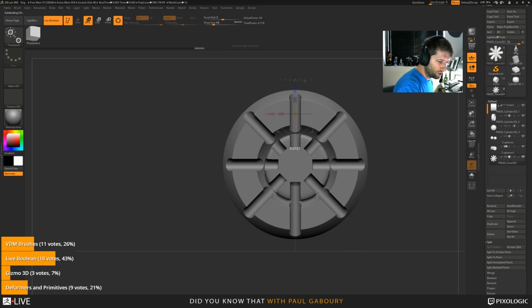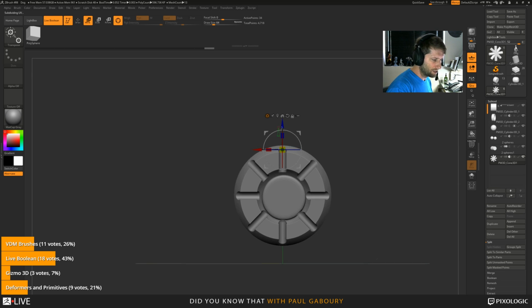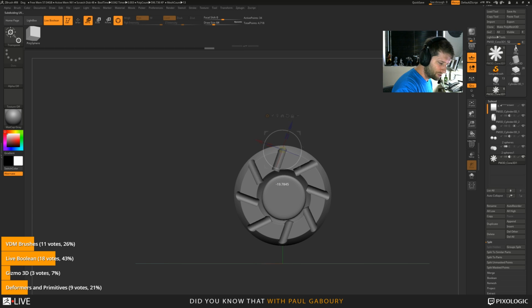So this is the beauty of the non-destructive live Boolean. I can play with this and figure out where I want this to actually stop. Do I want it to stop there? Do I want it to stop here? And then this is an array that I can continue to play with. Even if I was to rotate this, you can see what this is doing,